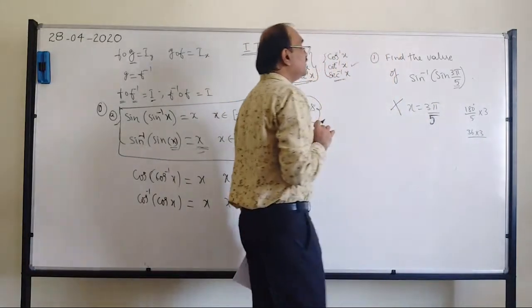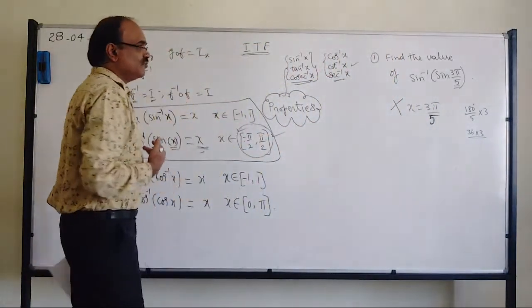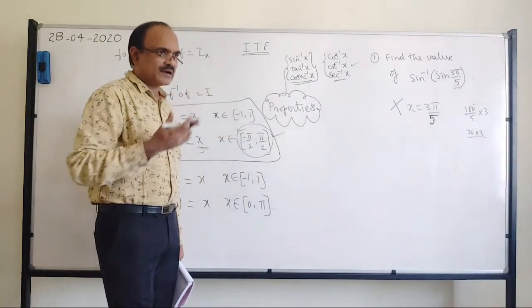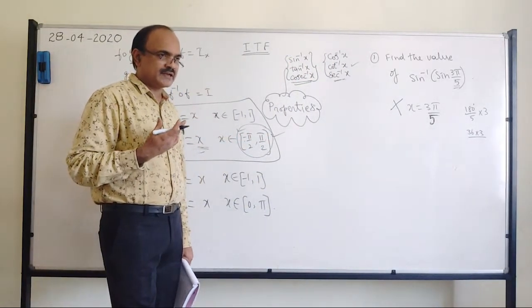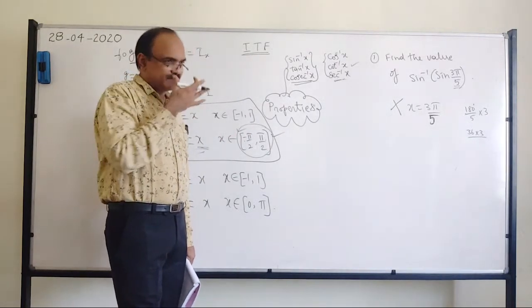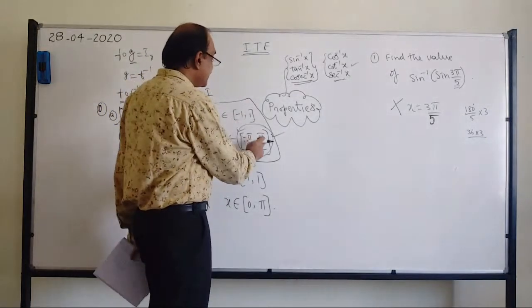Now, how do you convert this to within pi by 2? For that, you use the properties. So you know that any angle, very good. I got an answer from Janani, I think. She answered, it is greater than 90. Correct. That is the reason. So it cannot be greater than 90.